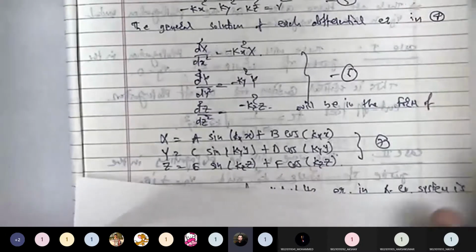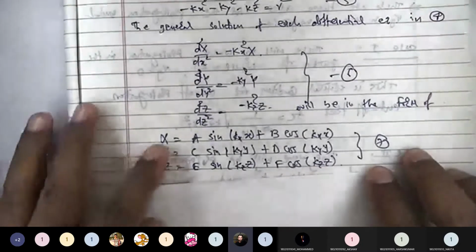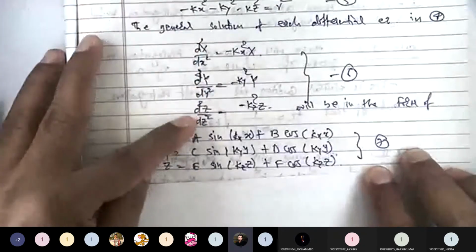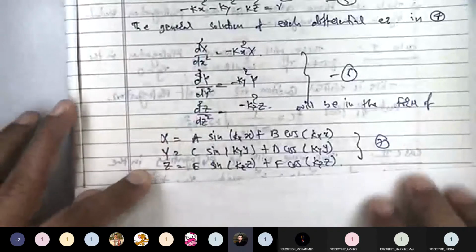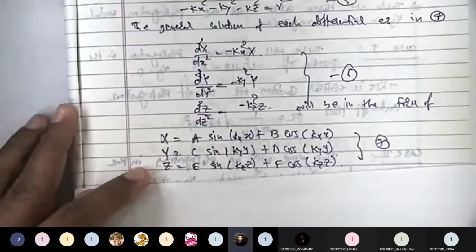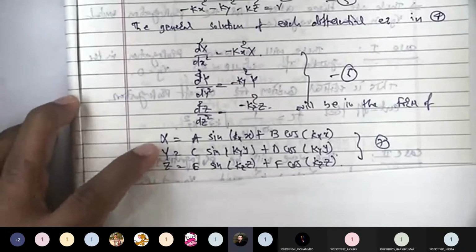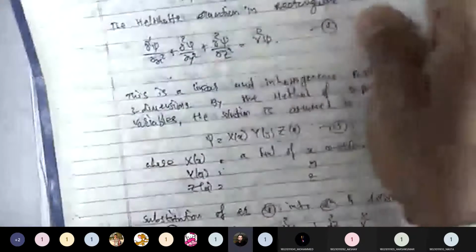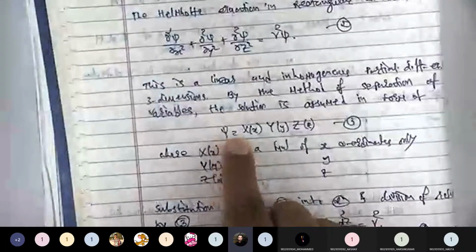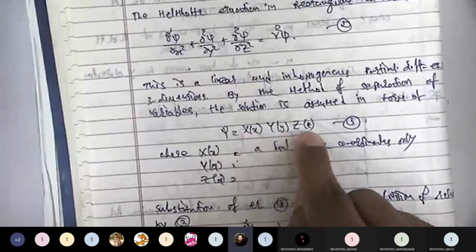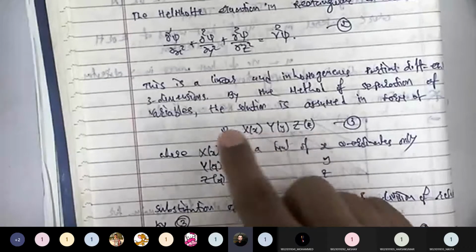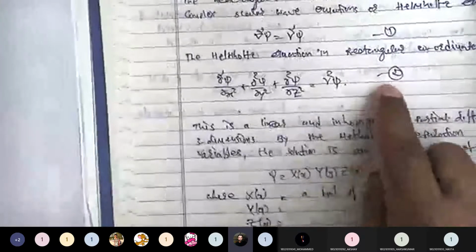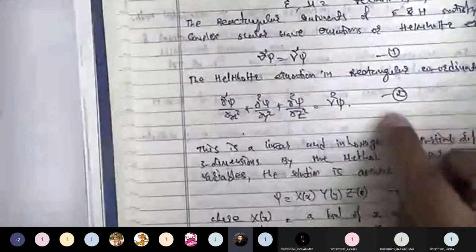So આનો મતલબ શું થયો? That ultimately now you have a solution of these three equations. This one and this one is nothing but x, y and z. And we know કે હવે આ ત્રણ છે એ પોતે પાછા ઇન્ડિપેન્ડન્ટ છે, તો એ ત્રણેયનું મલ્ટિપ્લિકેશન કરી દેવામાં આવે તો આપણને ફાઇનલ સોલ્યુશન સિગ્મા મળી જાય. કેમ કે અહીંયા what we obtain, the final solution is nothing but કે જો તમને x of x, y of y અને z of z નું સોલ્યુશન મળી જાય તો that is nothing but our સિગ્મા નું સોલ્યુશન છે. And sigma is nothing but કે જે આપણે ફાઇનલી શોધતા હતા, ઇક્વેશન નંબર 1 કે 2 નું સોલ્યુશન શોધતા હતા એ જ છે.